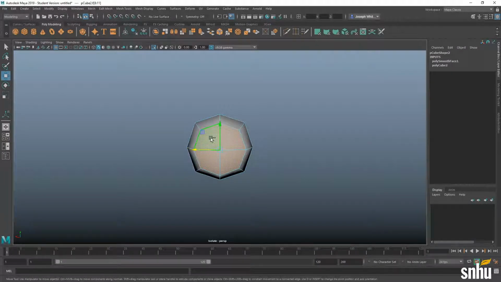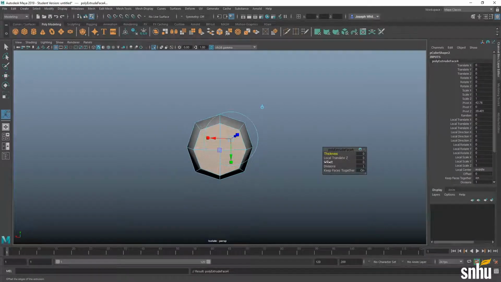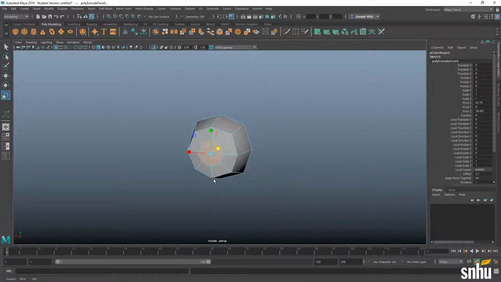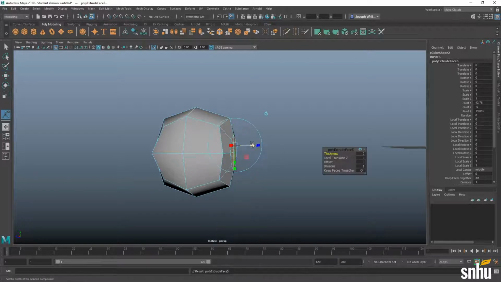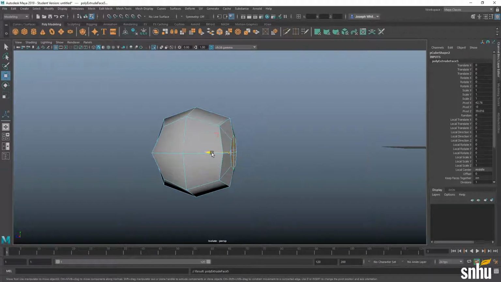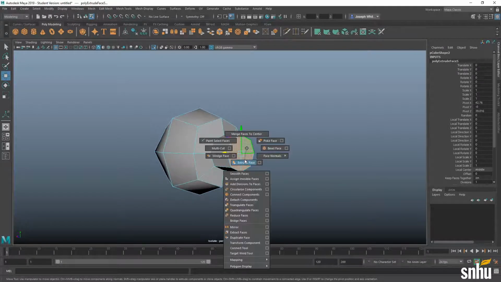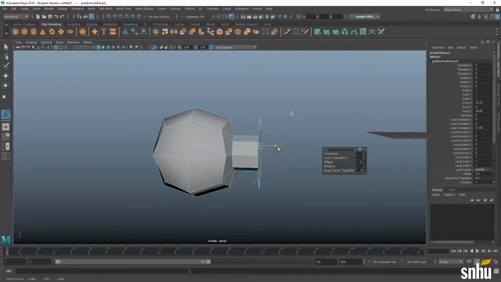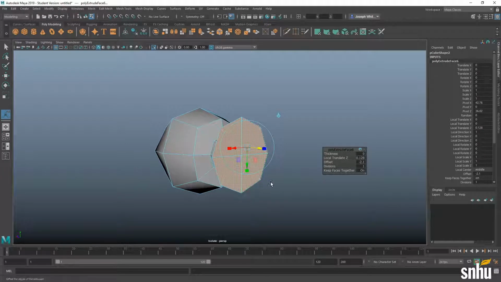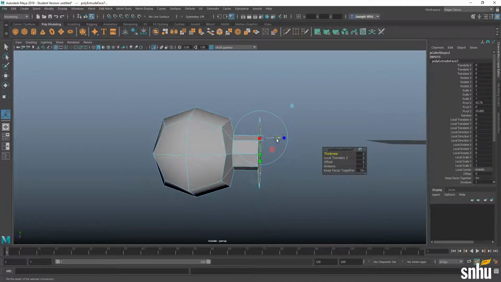And then I want to hold left shift, right click, extrude face. And we want to offset, making sure that keep faces together is on. I want to press R and flatten those out like that. Okay. And then we want to left shift, hold right click again, extrude face. And then I'm going to hit W and pull those out straight. And we're going to extrude face again. This time we want to offset outwards. I'm going to pull that back just a little bit. And then press G to repeat the previous tool.